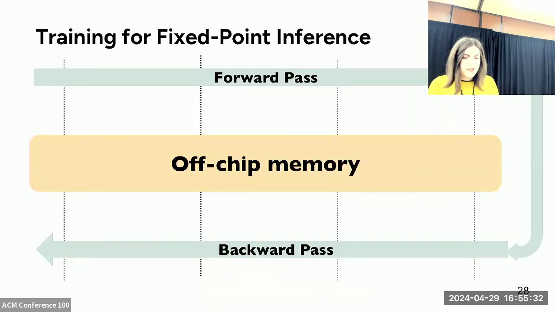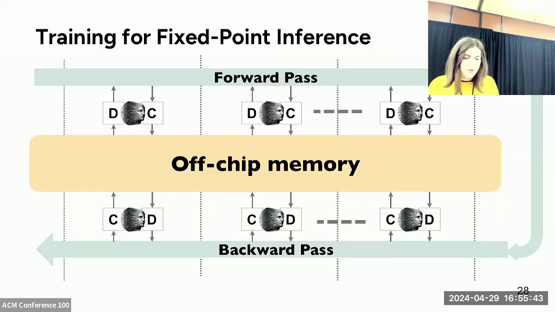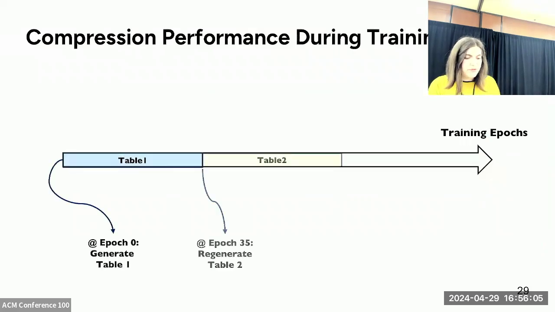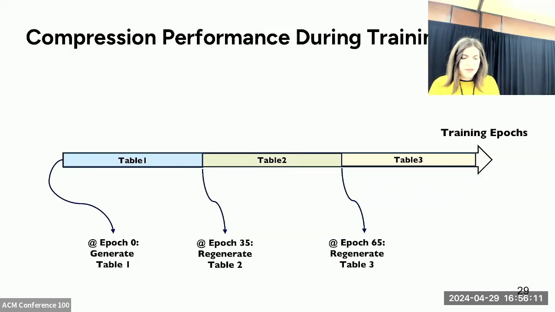Training activations are temporarily stored in off-chip memory during the forward pass and then retrieved for the gradient calculations during the backward pass. Atalanta compresses the weights and activations before sending them to the memory and decompresses them when they are retrieved for processing. The nature of training data is different, as both weight and activation distributions continue to change across training epochs. For our experiment with ResNet-18, Atalanta generates probability tables at distinct epochs, starting at epoch 0, 35, and 65. Every table is used until the other one is generated, and we measure the relative footprint at different times.